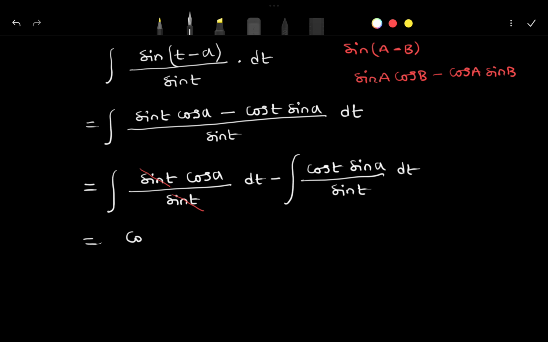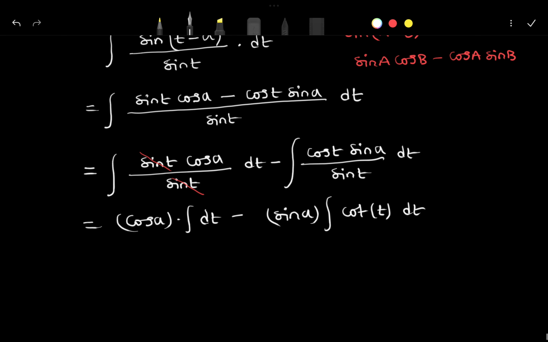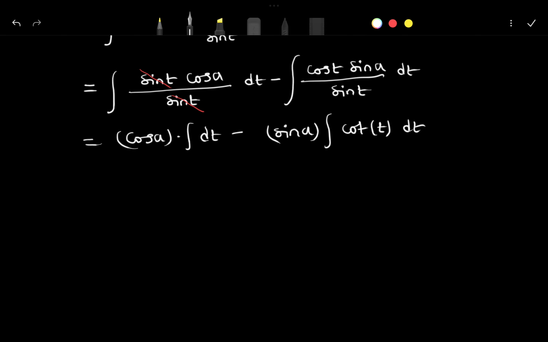You can write this value as cos a into integration of dt, minus here cos t by sin t will be cot t, and sin a is the constant, so you can write that sin a outside. Now after that, this value will be cot t into dt. So already we know that integration of dx is equal to x. According to that, this value will be nothing but cos a into